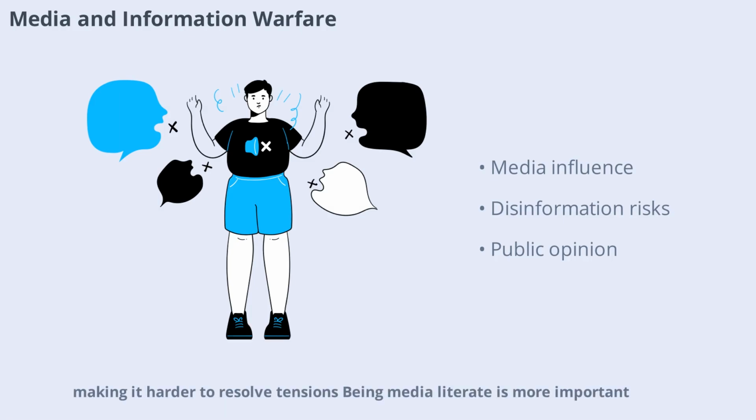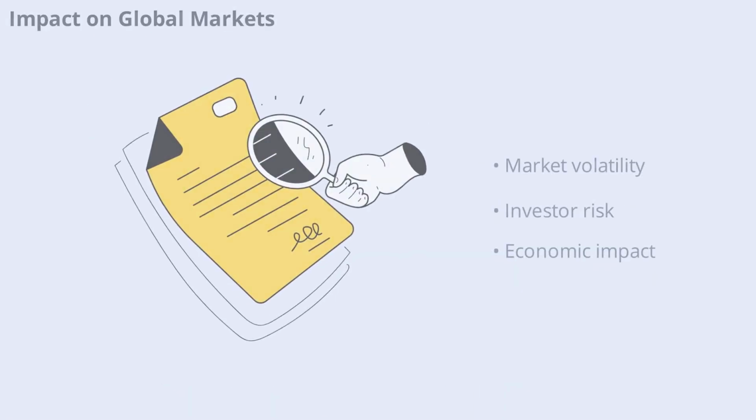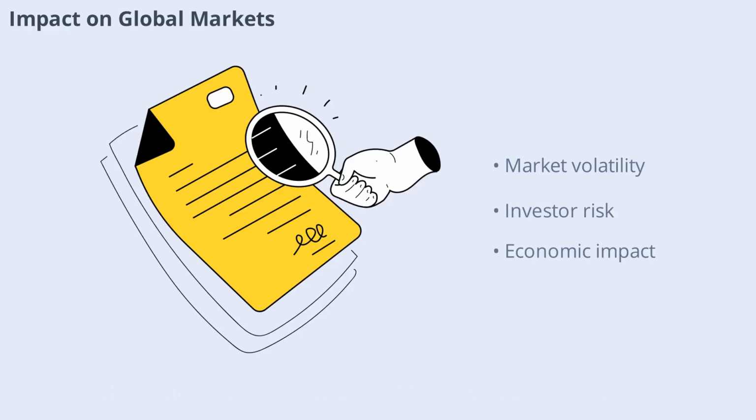Being media literate is more important than ever in navigating today's geopolitical landscape. Geopolitical tensions can have immediate and far-reaching effects on global markets. Stock prices, commodity costs, and currency values often react to international events. Investors and businesses must stay alert to these risks and adapt their strategies accordingly. In this scene, we'll look at how market volatility is linked to geopolitical developments and what it means for the